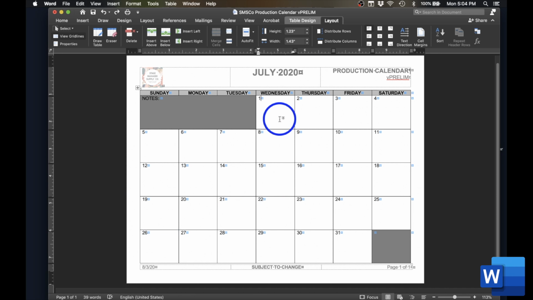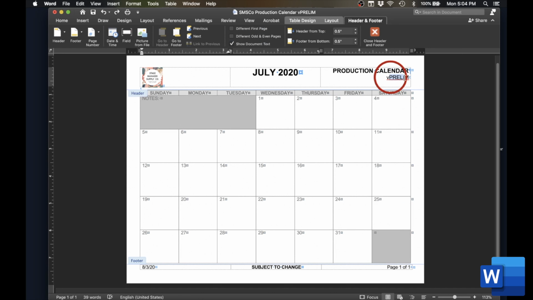There are so many ways that you can customize this calendar to your own needs, but this is a super simple launching point for you to create your own master calendar template. When you're ready to distribute this document, all you need to do is change your subtitle header to version A,